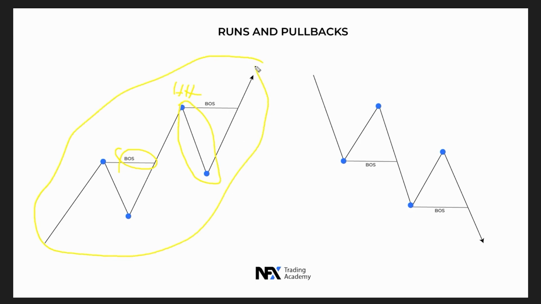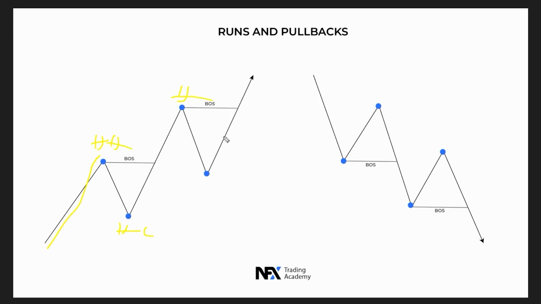Now this structure right here can be on the daily, it's usually on the higher time frames because we're going to talk about internal structure in the next slide as well. But looking at the bigger picture, usually on the 4-hour or the daily time frame, we see really clear market structure. We see higher highs being made, higher lows, higher highs, and so on. And on the other side, lower lows, lower highs, and lower lows.